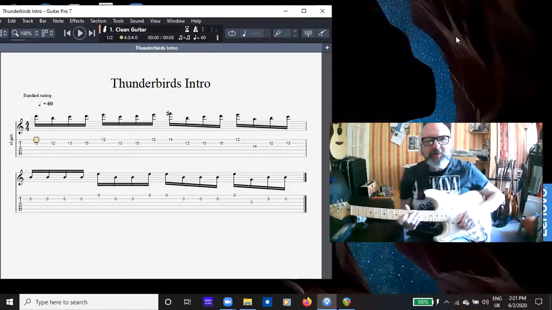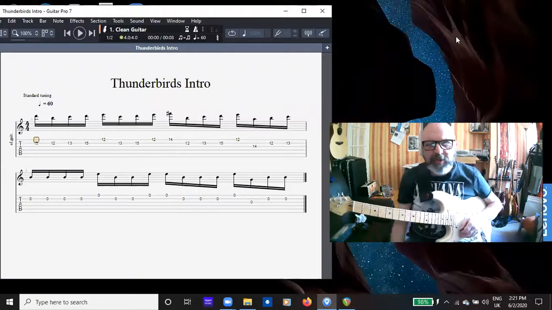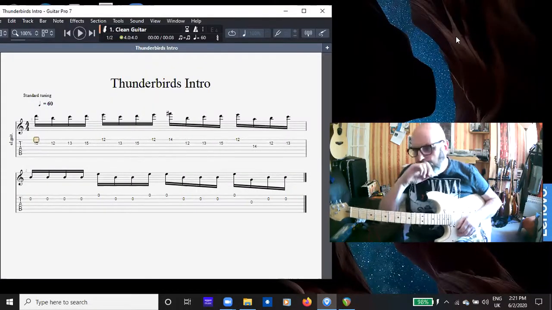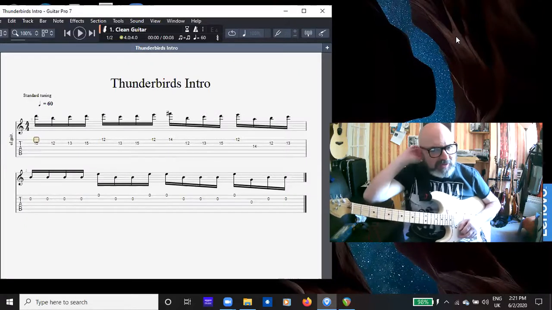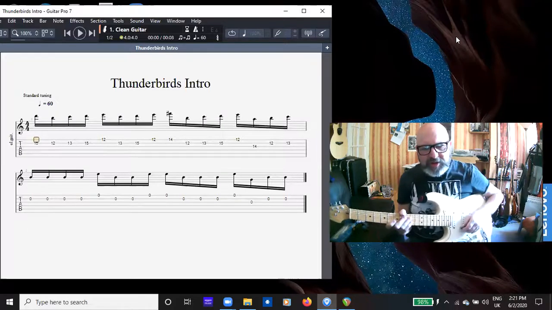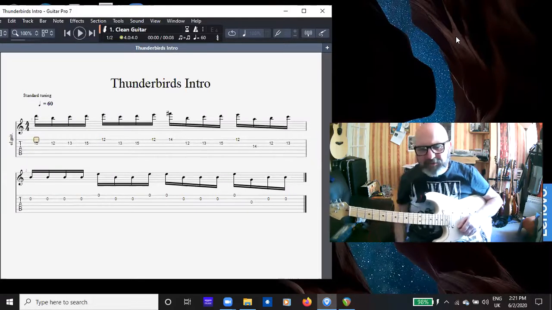Have you ever wondered why guitar teachers bang on about alternate picking? What even is alternate picking, and why do we do it? Well, today's lesson is just about that very subject, and I decided to choose the Thunderbirds intro as a way